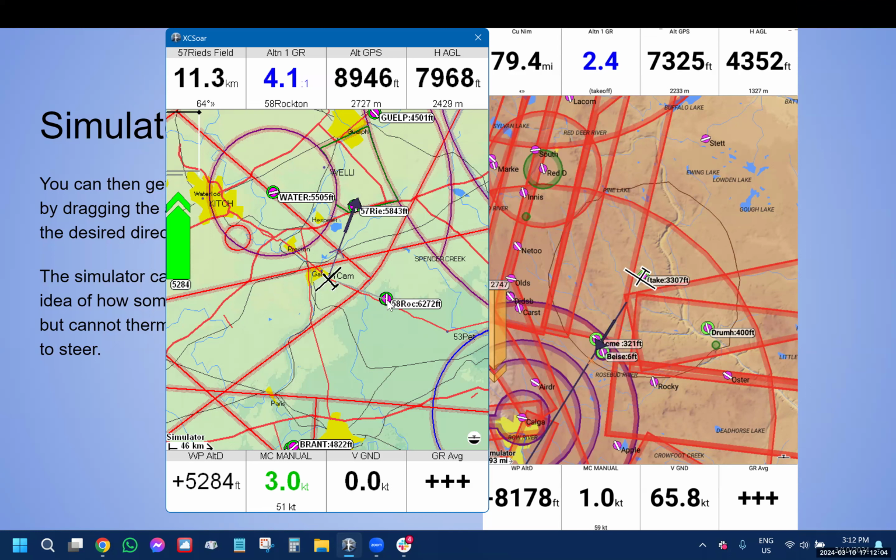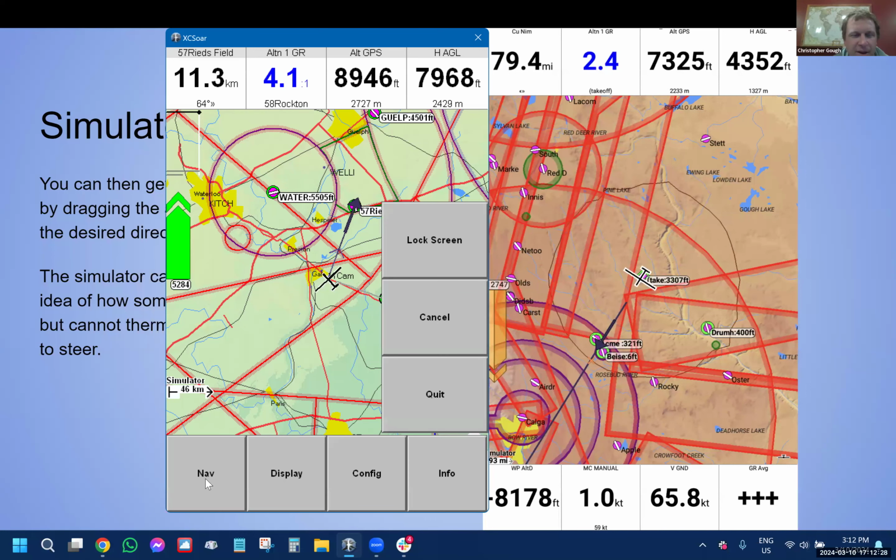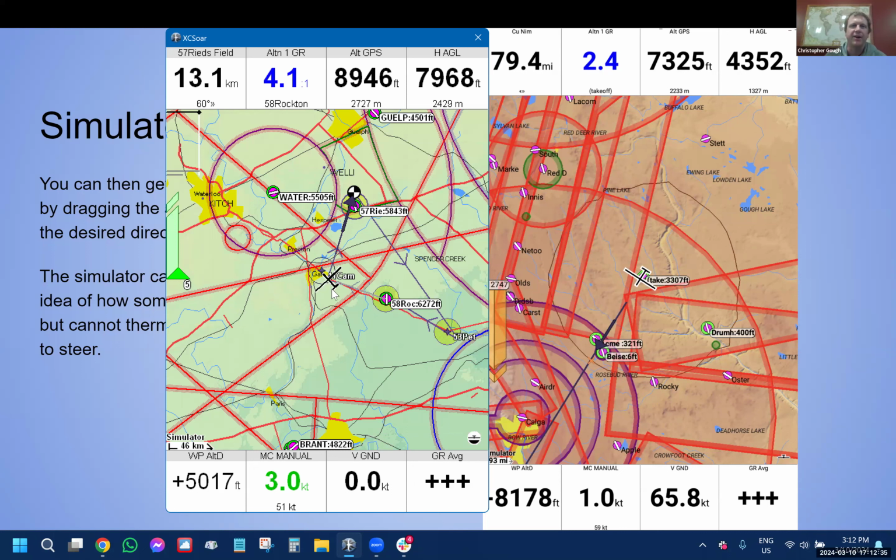Okay, so if I'm looking at XCSoar and I see Reed's Field at 58.43, I'm going to get to Reed's Field at 58.43, not... No, you're going to get there at 68.43 above ground. But yes, I know this is kind of confusing, and it caught me out in a contest once because I didn't get that perfectly. But when I put the task back here, when we go back to Rockton,